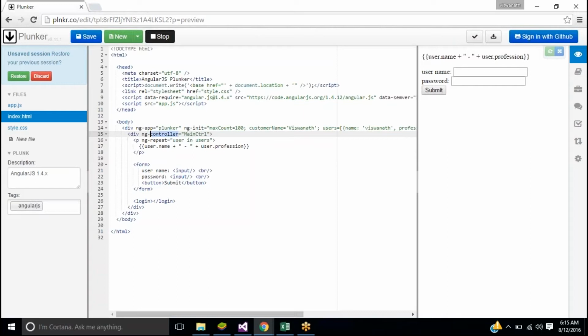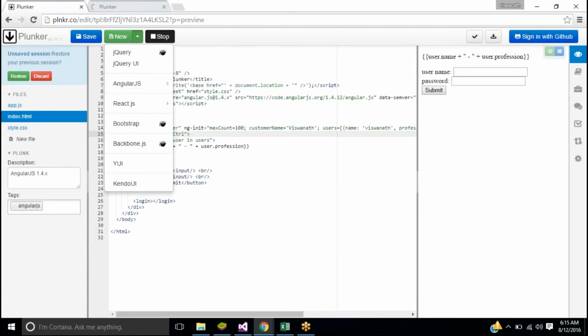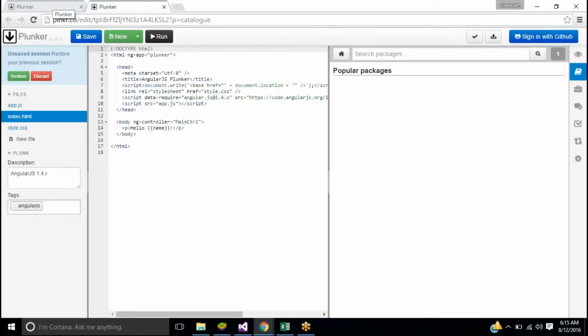Is this correct? Controller? I think it's not controller. It's CTRL, I guess.